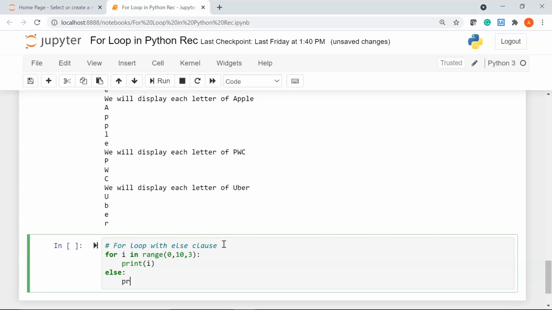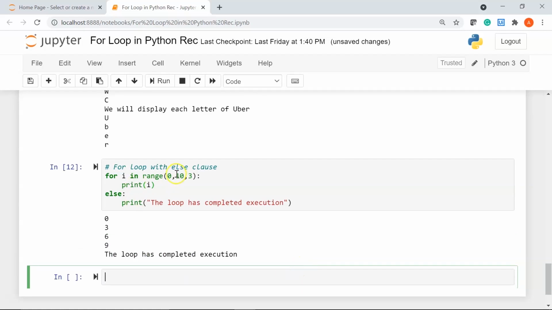So I'll write else print the loop has completed execution. So this is my message that we are going to print after we have printed all the elements that are present inside this range function.